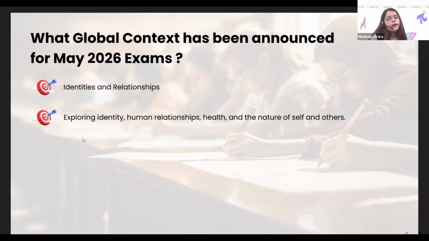Can you think of more context-based problems using this global context and the different topics that we have in mathematics for our syllabus? Lulu is here with us. Yes, Mahi, please go ahead. Ma'am, topics like statistics can come. Yes. So I could also think of a few areas which can be assessed using this global